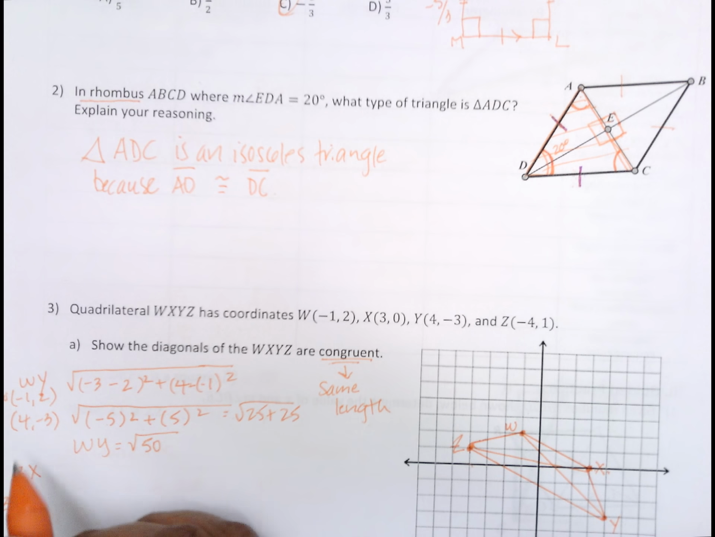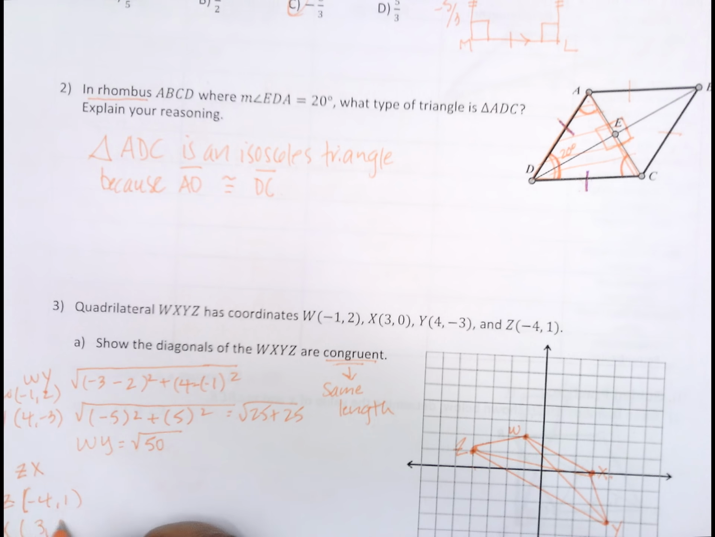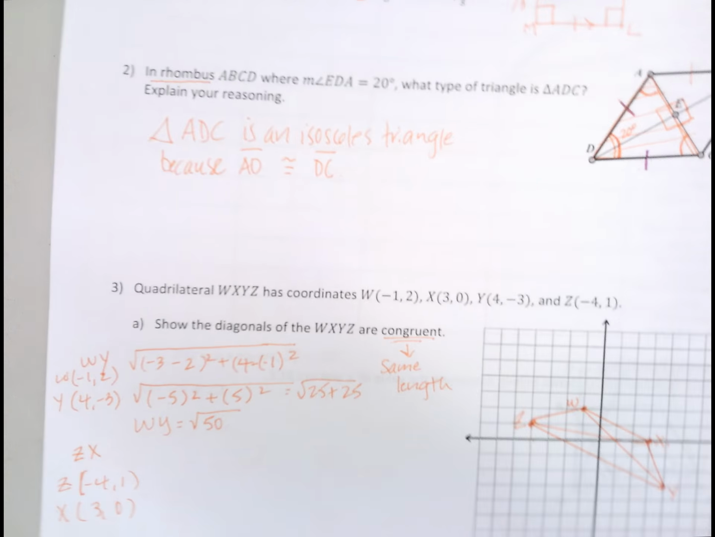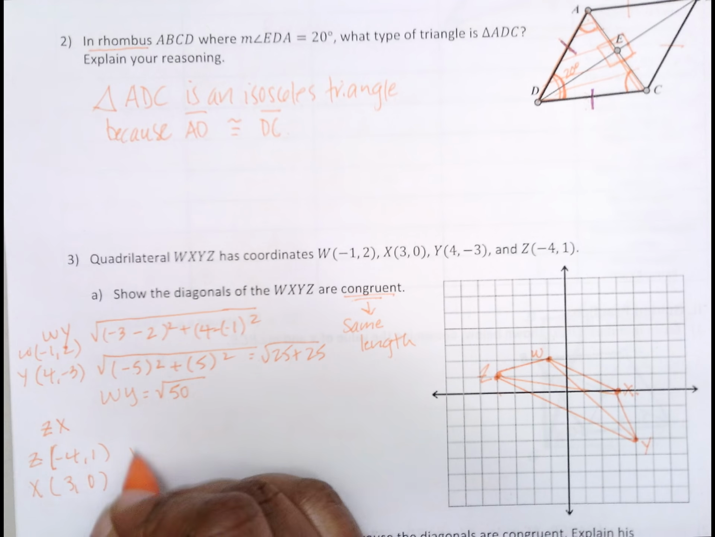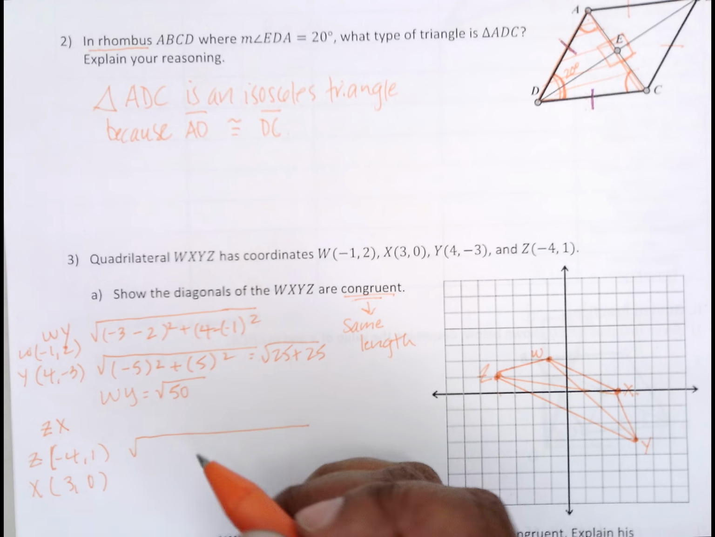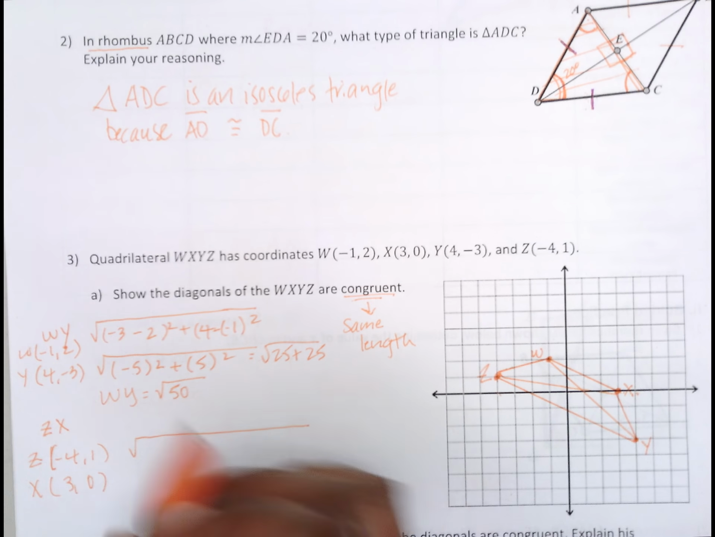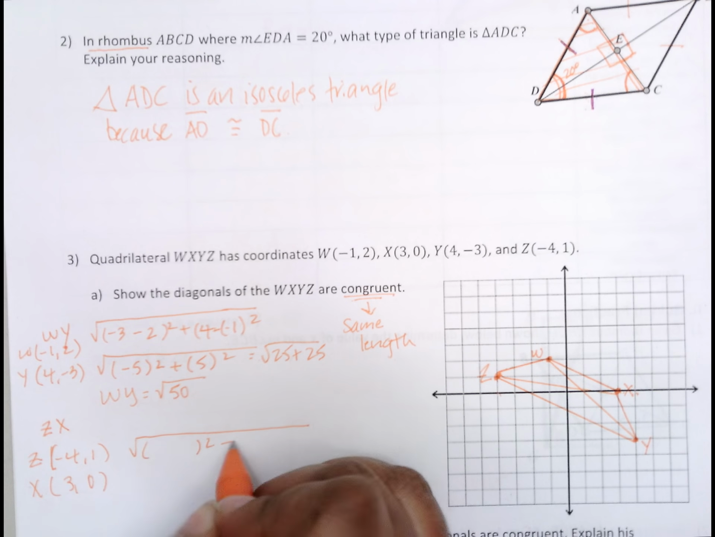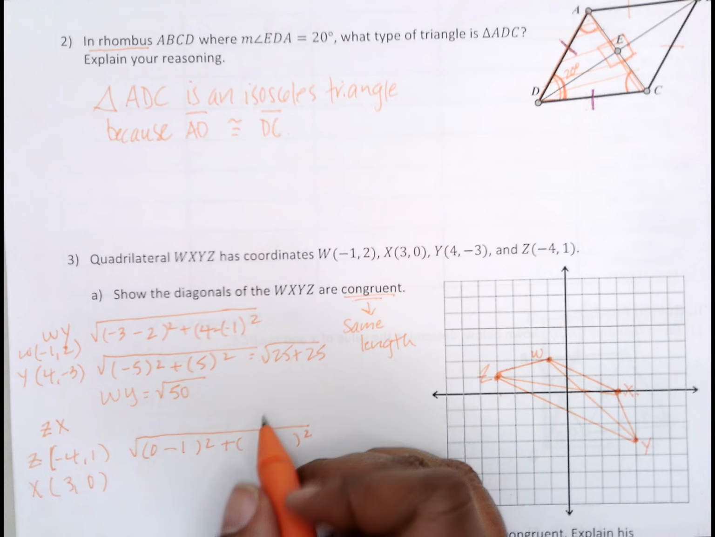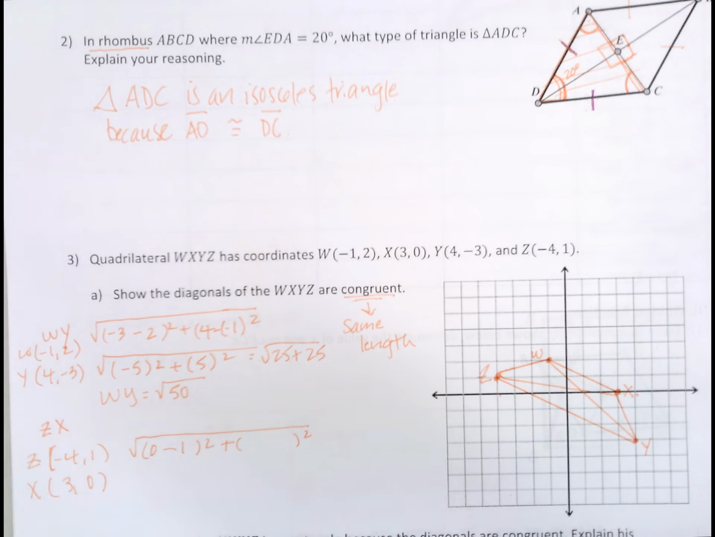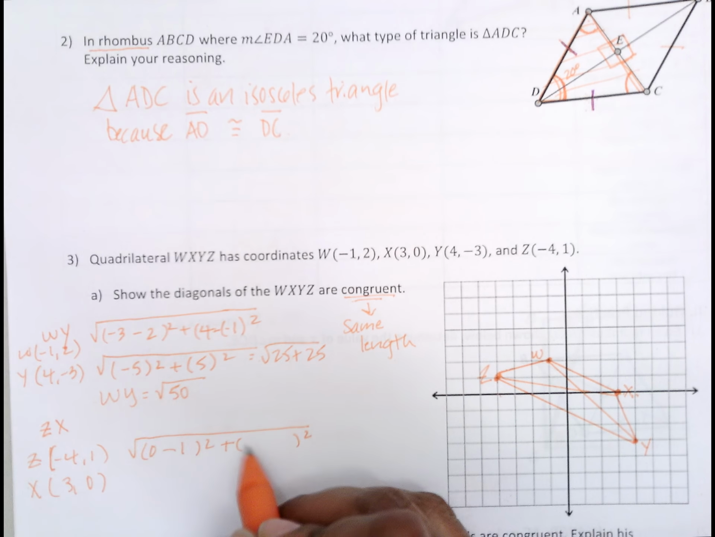All right, for Z, my coordinates are -4, 1, and X, 3, 0. Oh, sorry, you can't see. Sorry about that. 3, 0. Okay, and then again, I'm going to use the distance formula. The distance formula doesn't tell me whether or not segments are the same length. It tells me what the lengths of segments are. So 0 minus 1 and 3 minus